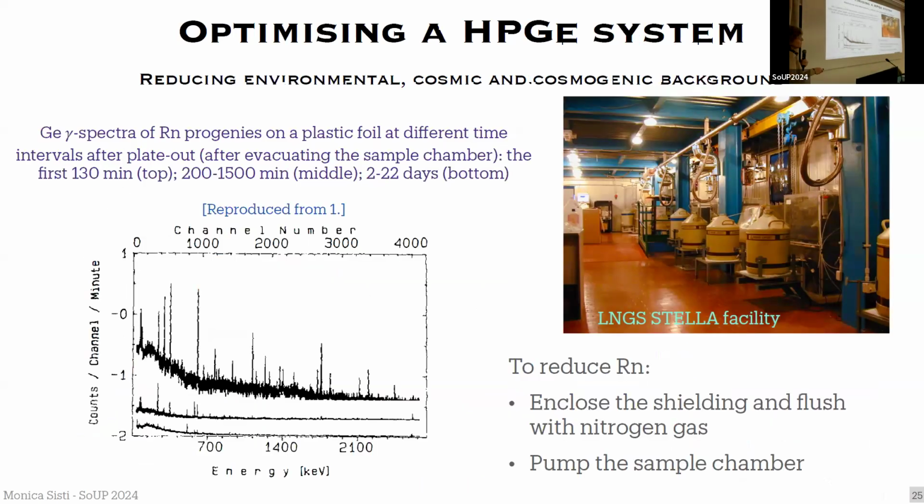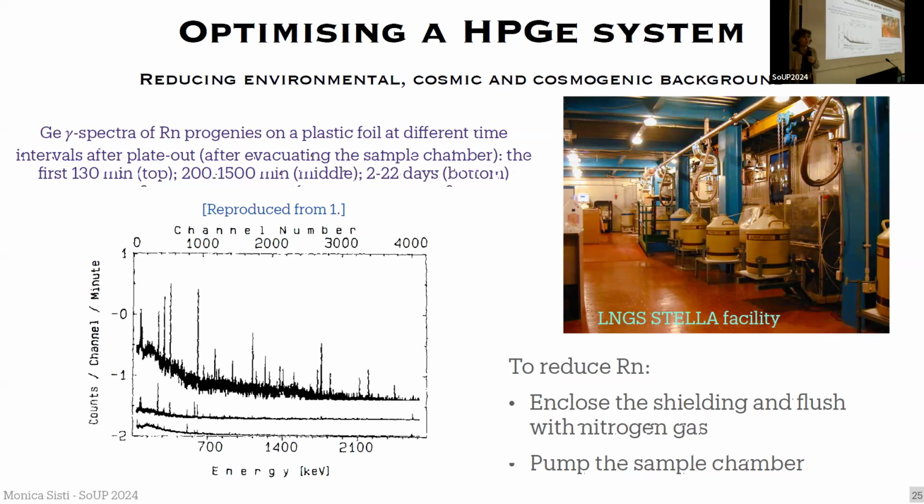And then we have the radon. Radon is present in the atmosphere. In this room, we probably have 20 becquerel per cubic meter. But if you go underground, this is much higher. In an underground lab like Gran Sasso, for example, if you don't have a good ventilation system, the concentration of radon can be very high, also higher than 500 becquerel per cubic meter. In the Juno lab, it reached 1000 becquerel per cubic meter before,